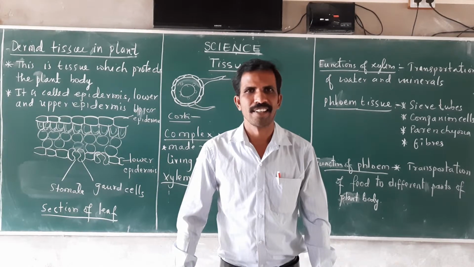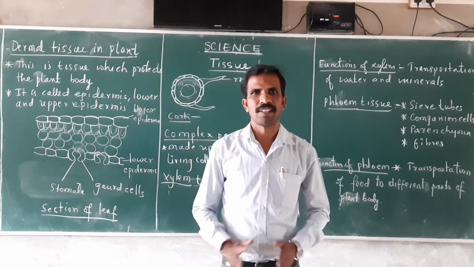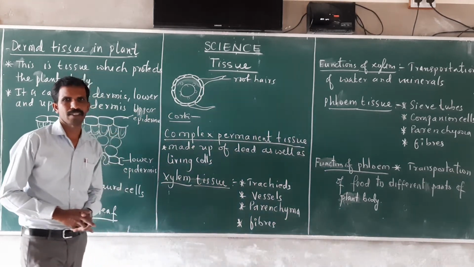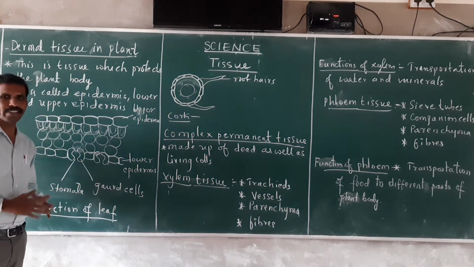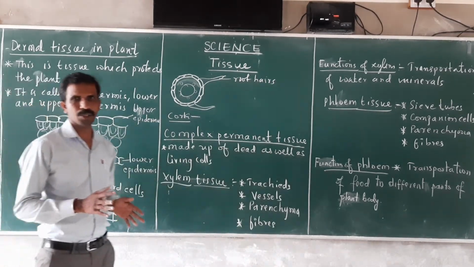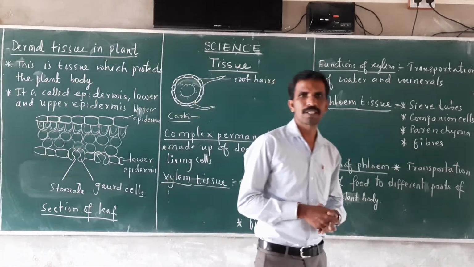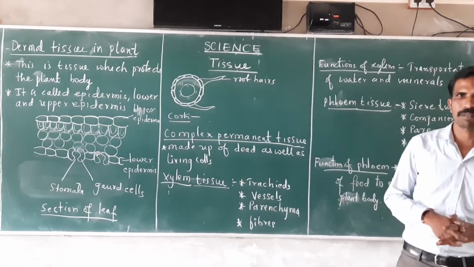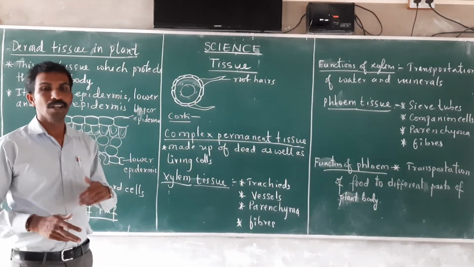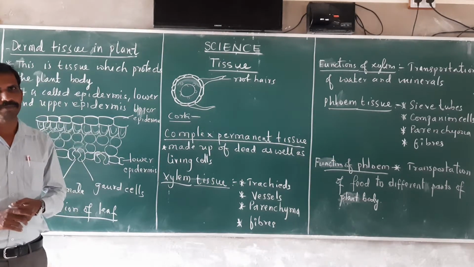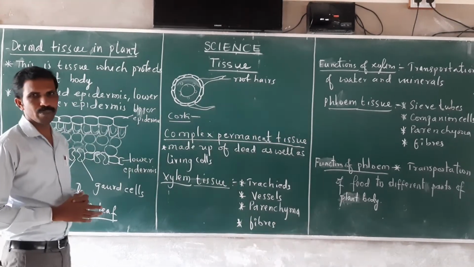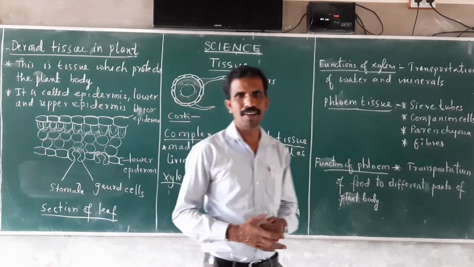Good morning, students. So, in this part of the video, we are going to study about the next part of the tissue chapter. In the last video, we have studied about the plant tissue like meristematic tissue, and we have studied about simple permanent tissues like parenchyma, collenchyma, and sclerenchyma. I told you about that. I told you the functions of that also. So in this part, we are going to study about the dermal tissue in plant, or can be called a protective tissue of plant.